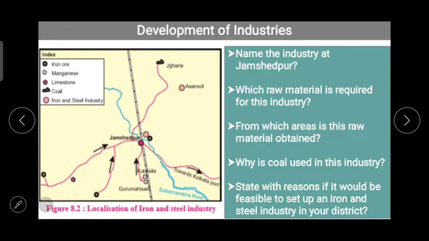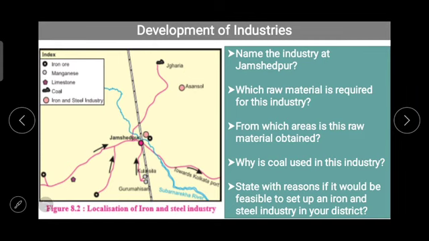Dense forest and desert areas are not conducive to industrial development because of the lack of factors. In a desert area, there is a lack of water resources. In a forest area, there must be the problem of land and other resources like